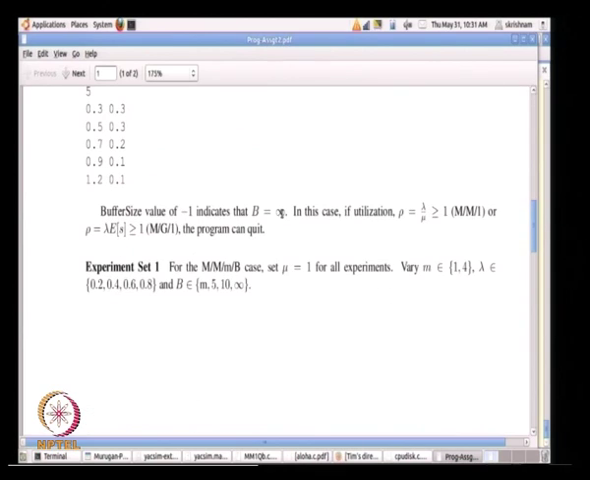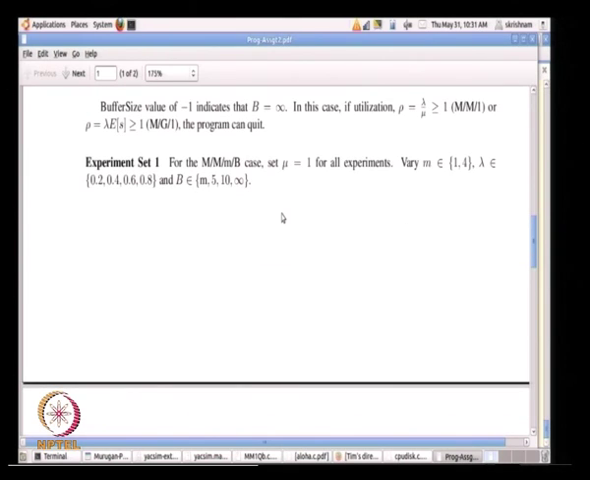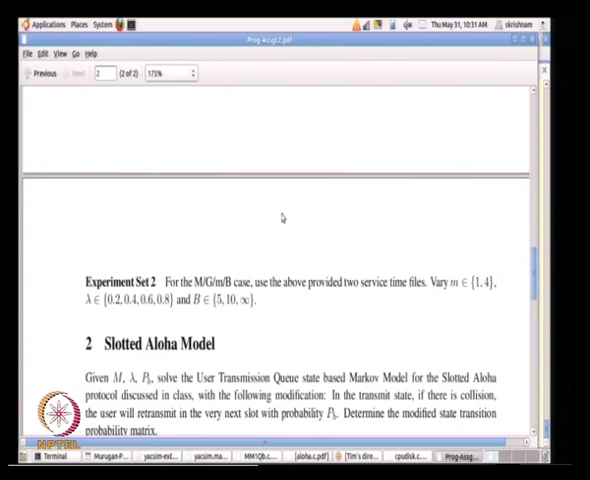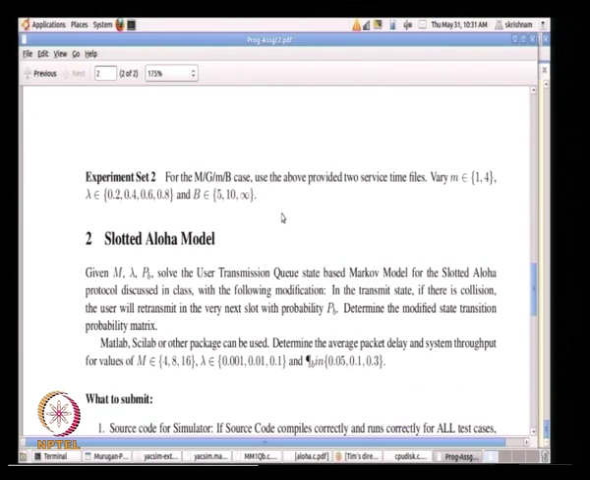So that is the basic setup, and then there are all sorts of variations in terms of different numbers of servers, different arrival rates for the system, as well as different values for the buffer size. So these are all combinations that one can look at. And there is also a slotted Aloha model that was discussed in class in an earlier lecture, and what we can do is also try to look at part of that